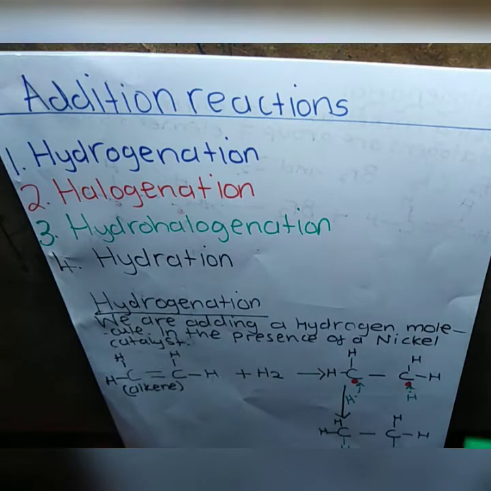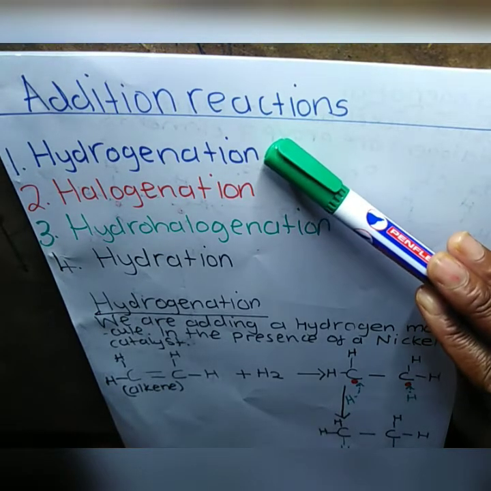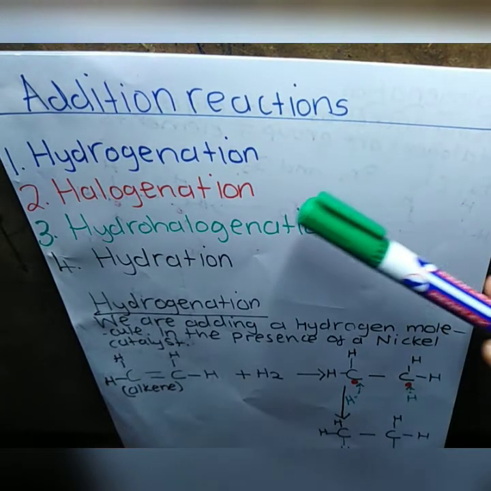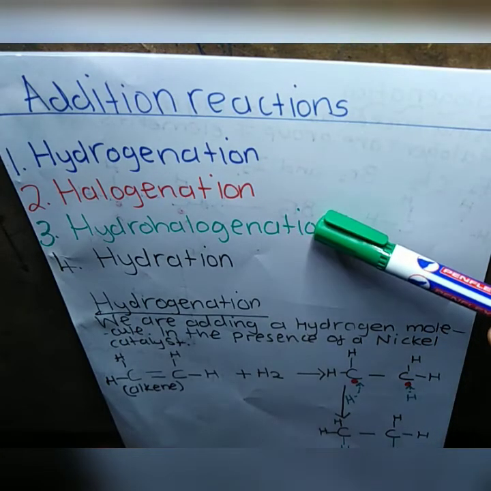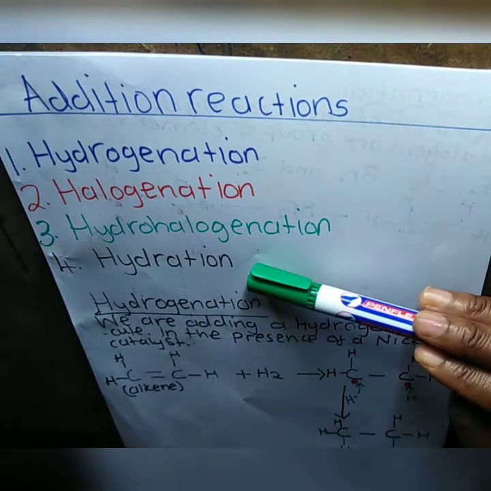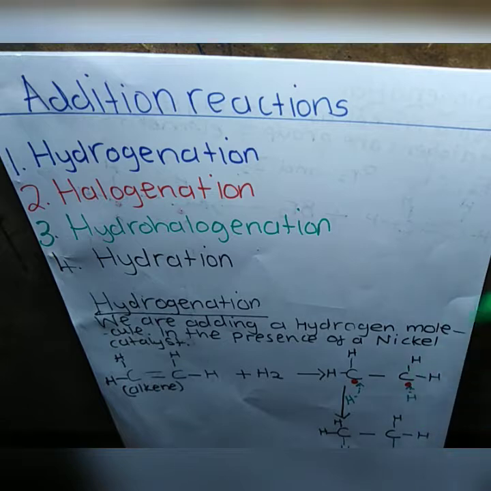Today we are looking at addition reactions. These are reactions occurring in our organic compounds. So the first one that we're going to talk about is hydrogenation, followed by halogenation, hydrohalogenation, and lastly hydration. So when we're talking of